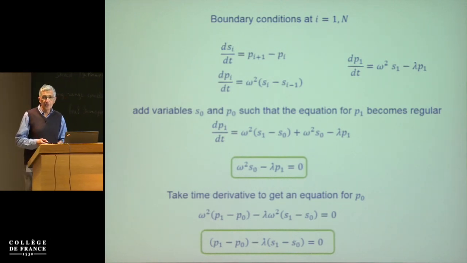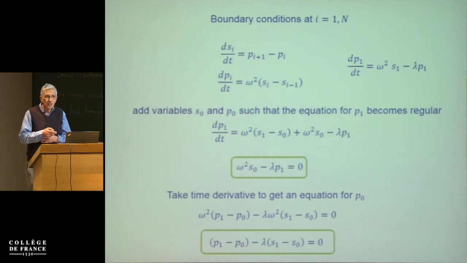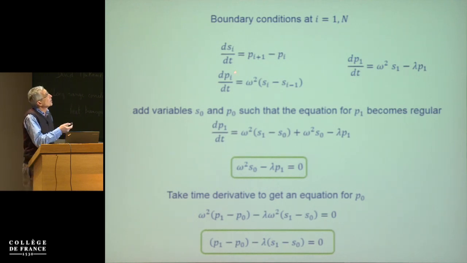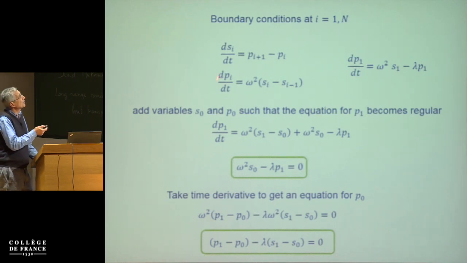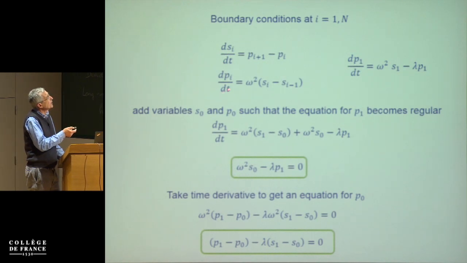So the question is, how do you start with the microscopic equation, go to the hydrodynamic equations, and write down the boundary condition for the hydrodynamic equations, which is usually not a simple thing to do. So the way one can do it here is the following. Look at the equations for dS_i/dt and dp_i/dt that we wrote before. We need only